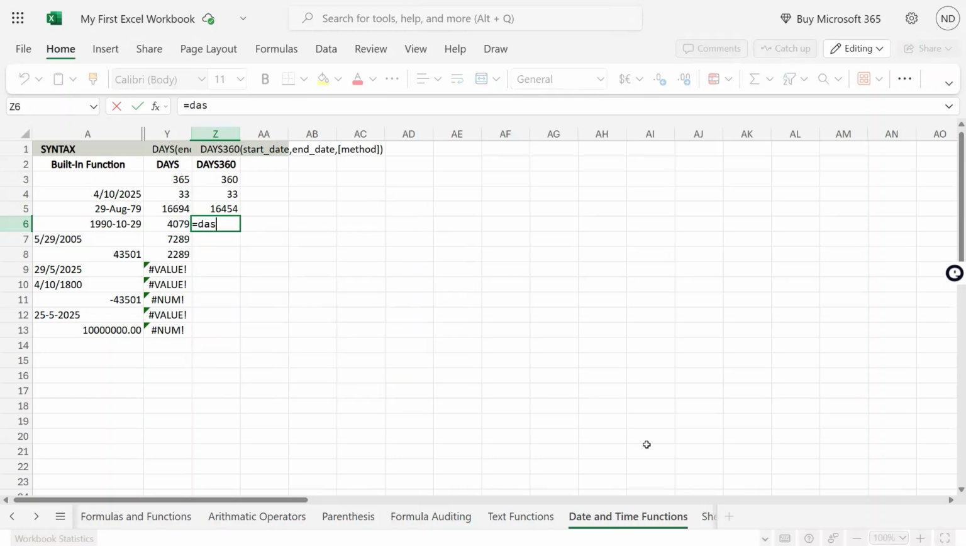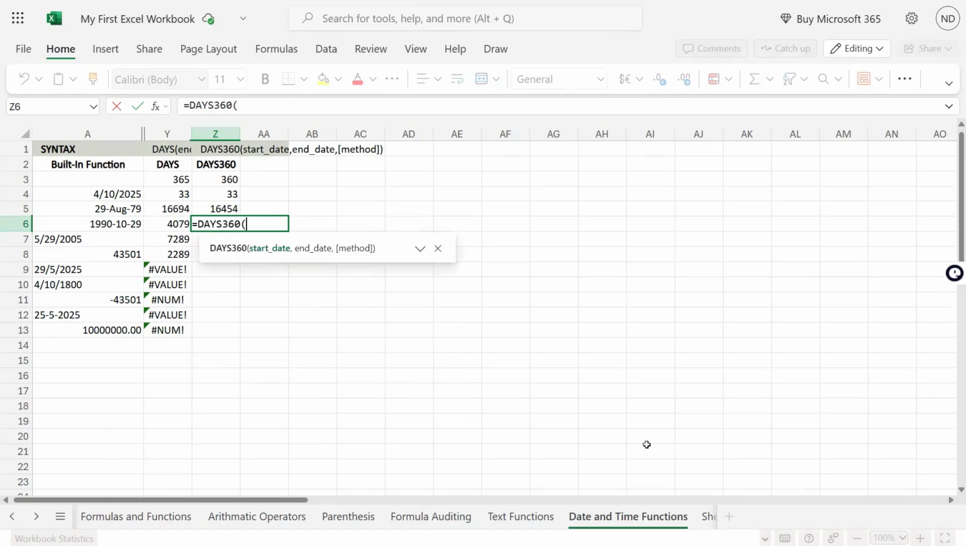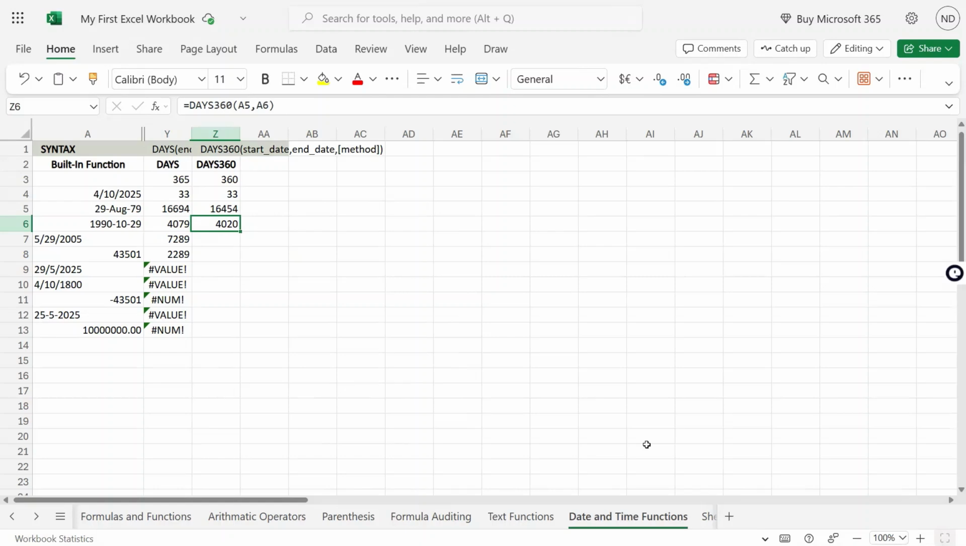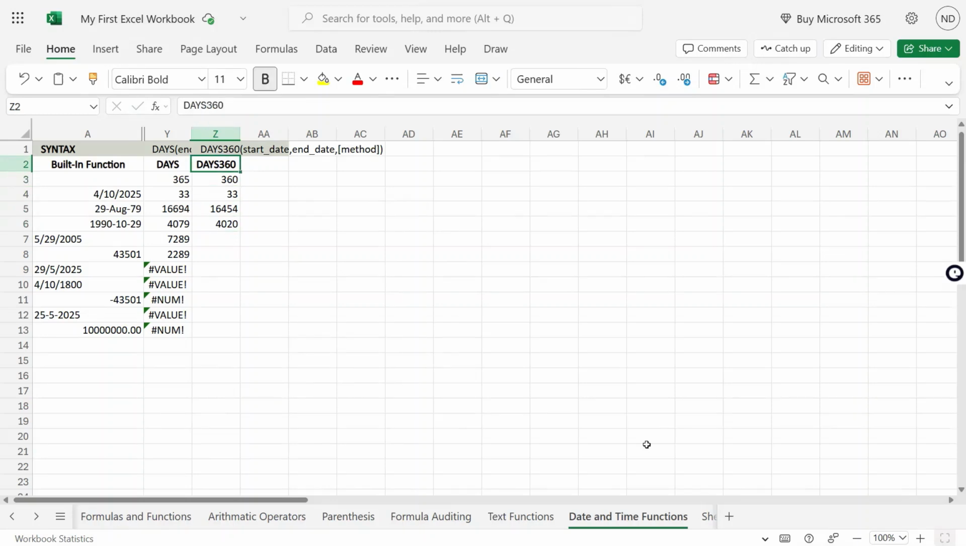I have calculated days 360. So which one is the greater one? Greater one is 990. So I should have the start date of 79 and the end date of 990. So it gives me a number. Now you will see the number that is given by the days function is 4079, whereas days 360 is giving